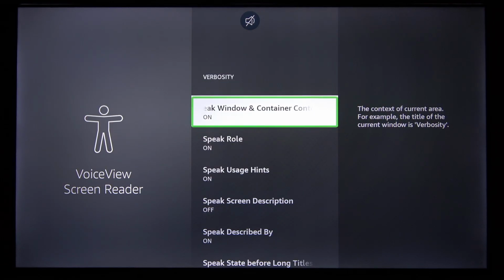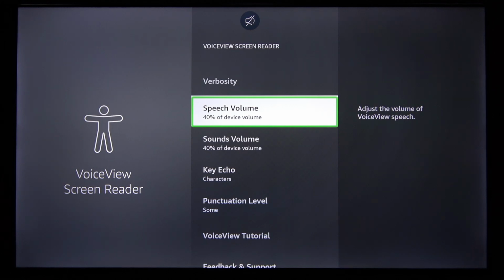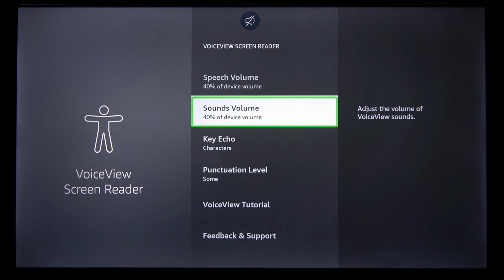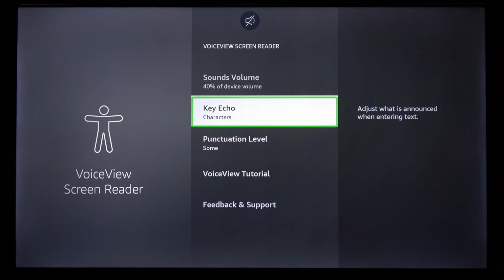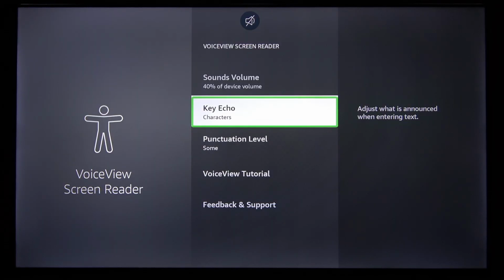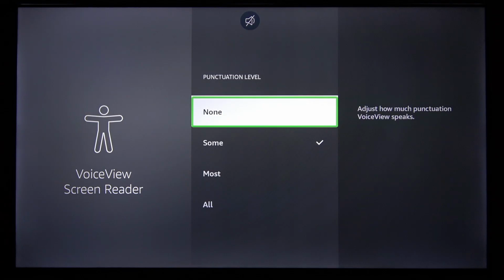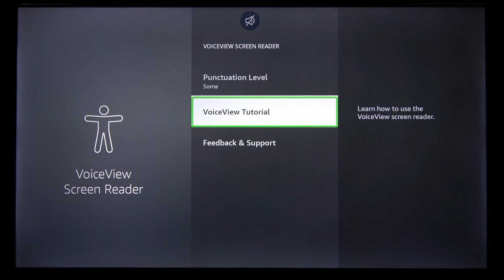Next, we can also adjust the verbosity settings right here. We can change the speech volume in the following option. We can change the sounds volume in the following option. The key echo settings, the punctuation level for either none, some, most, or all, and